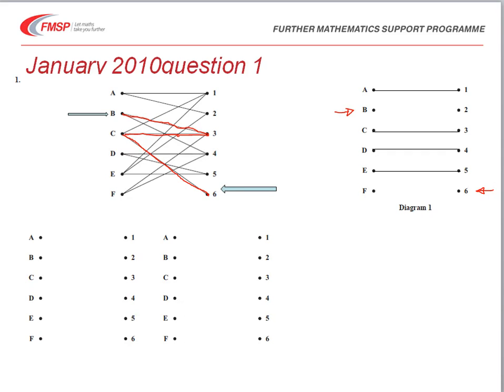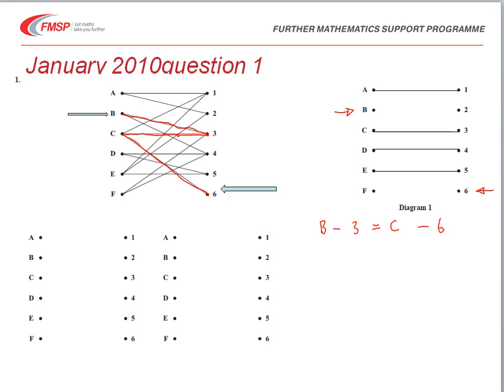So we have an alternating path which is B to 3 to C to 6. Now there are lots and lots of different possibilities you can use for this question. However, this is one of the possible alternating paths, and that's the one I'm going to use,